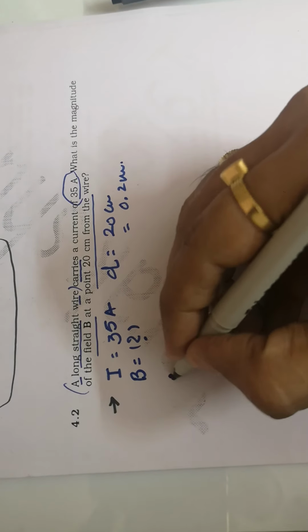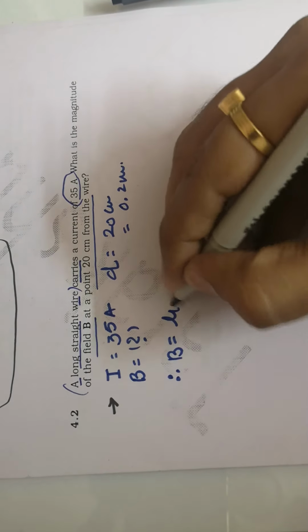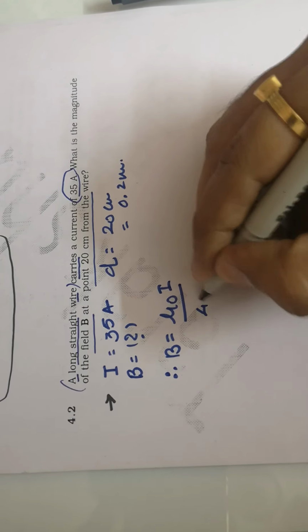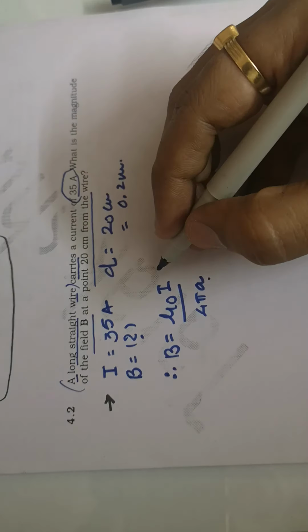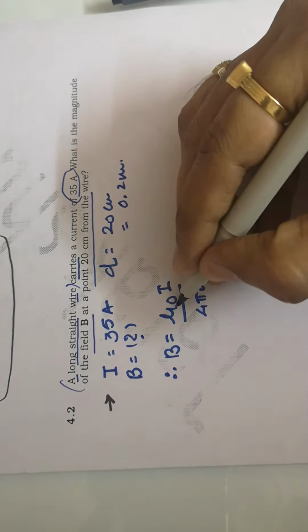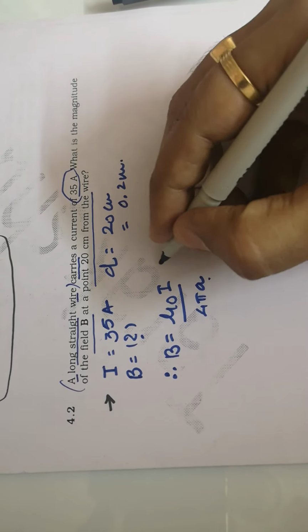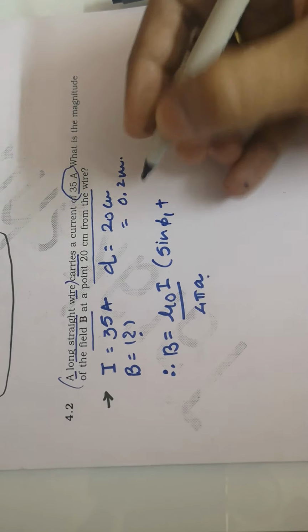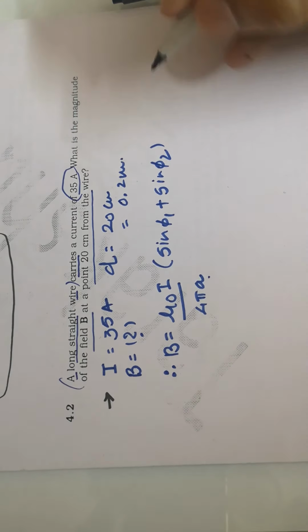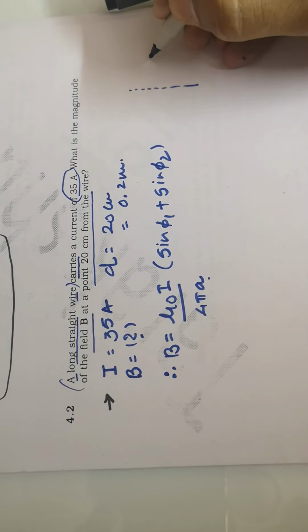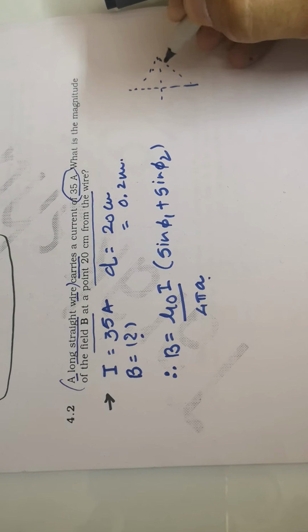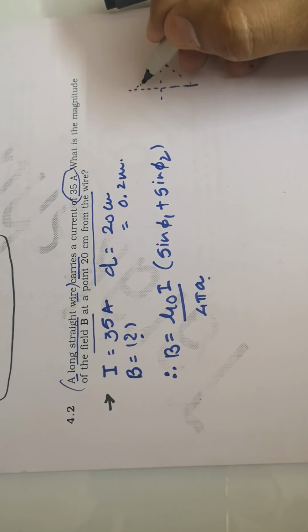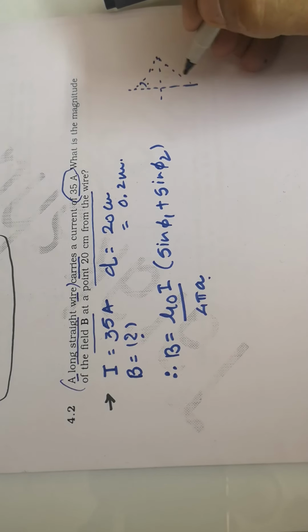Whenever I have a straight long wire, my formula is B is equal to mu 0 I divided by 4 pi a. At that time a is our radius, but right now there is no radius. So what I am doing is mu 0 I upon 4 pi a multiplied by sine phi 1 and sine phi 2. You can remember that for such a current carrying wire, the magnetic field is present over here, and you have angles like such a situation. You have phi 1 and phi 2, or instead of sine, theta 1 and theta 2, you can use cos theta 1 and cos theta 2.